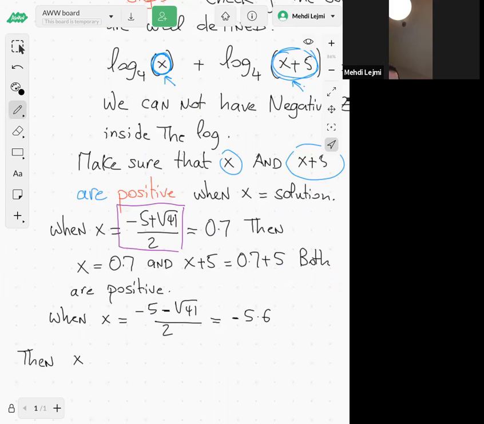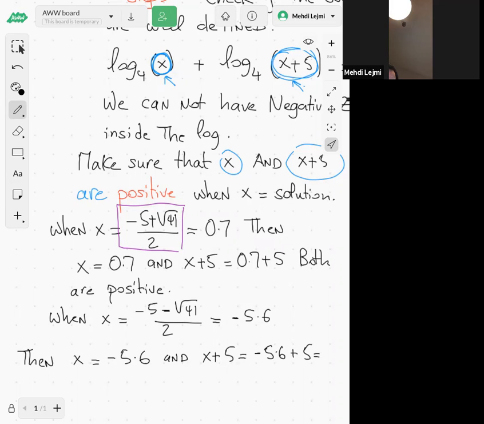Then x is -5.6. Well, that's negative, and the other one is also negative. But anyway, if one of them is negative, then you are done. You have to reject the solution because it's not possible to have a negative number inside the log. So both x and x plus 5, which is minus 5.6 plus 5,